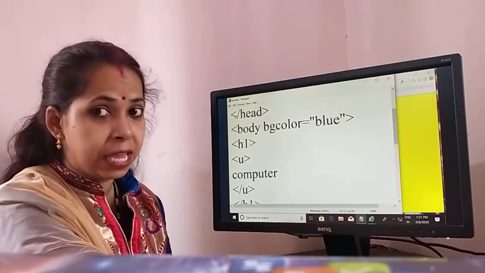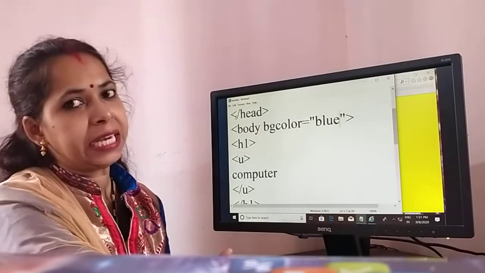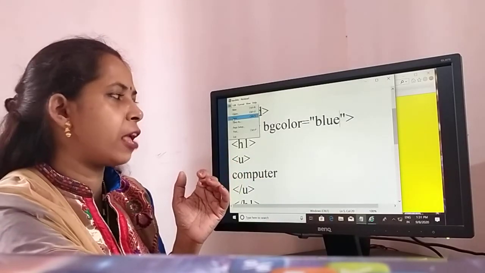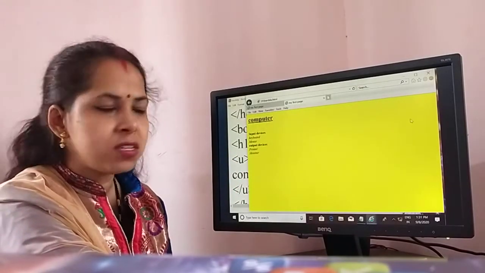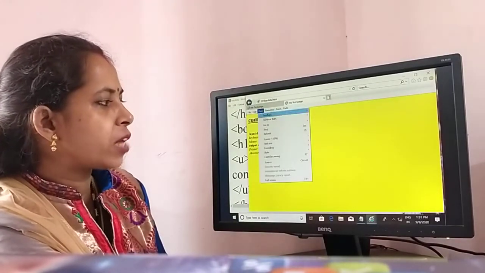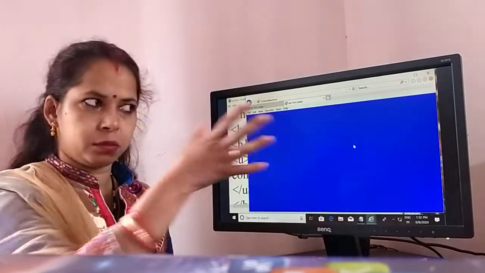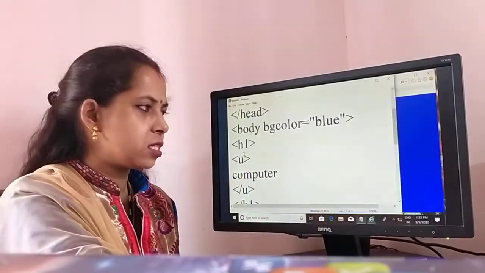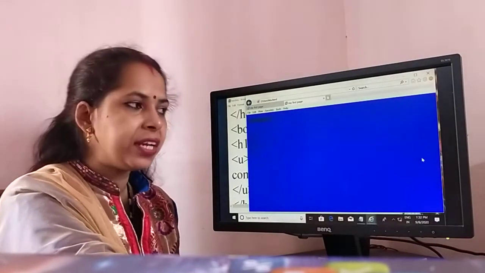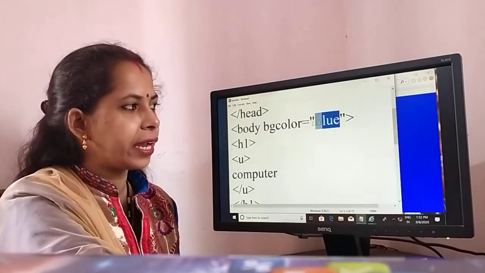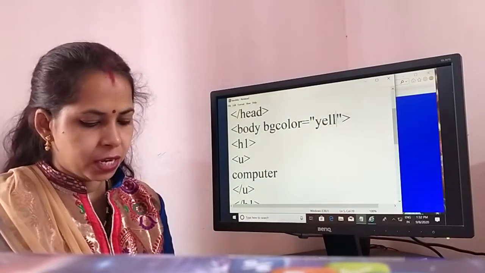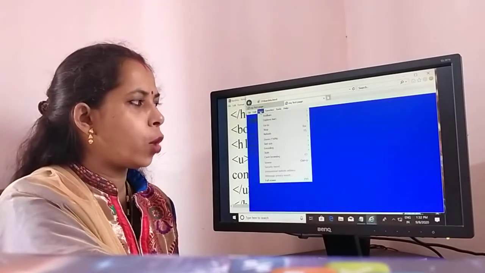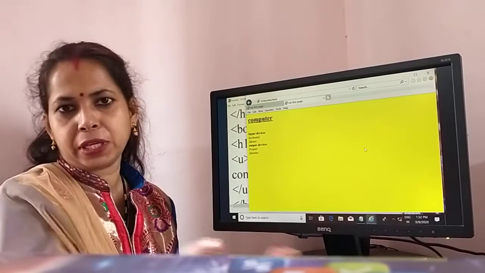So I save again. Only save, not Save As. The first time is Save As. The second time, when you modify any code, we have to go only to the Save button. After that we go here, go to the View menu and click the Refresh button. So our background is also changed. It is in blue color. So this is our coding, this is our running window. We have to close and change again and again. I write here yellow color again. The same way, go to the View option and Refresh. A new background color is coming.